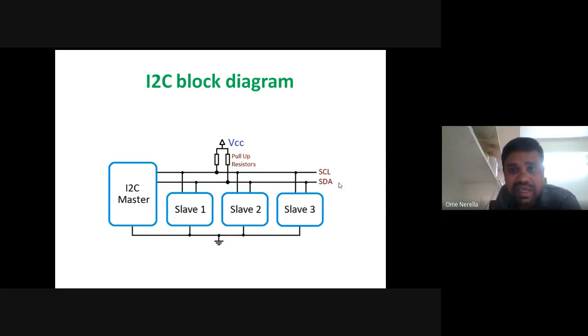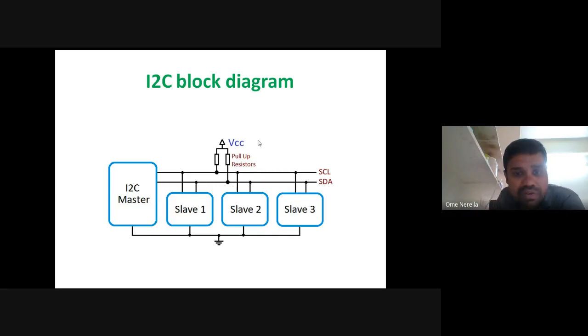Here is a small definition regarding the master and slave. Who is the master? Who is the slave? The transmitting device is the master and the receiving device is the slave. This is the general idea of who is master and who is slave. Generally, the microcontroller is the master and the peripheral device is the slave. Another definition is that the transmitting device is the master and the receiving device is the slave. But I have mentioned that it is a multi-master protocol. Multi-master means more than one device can act as a master.